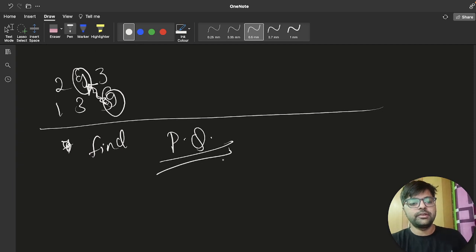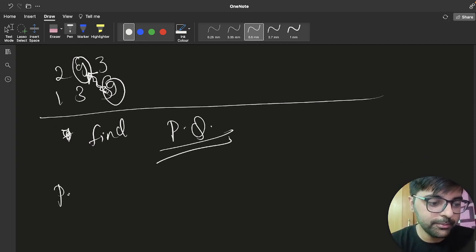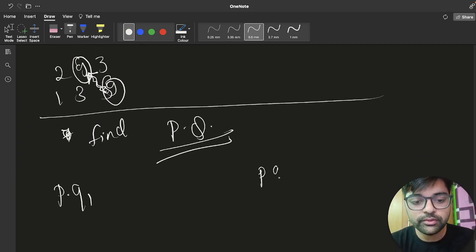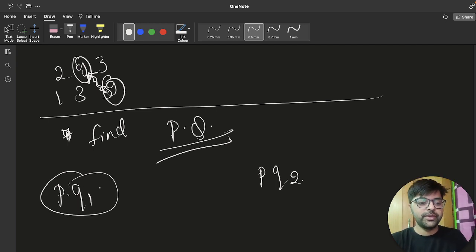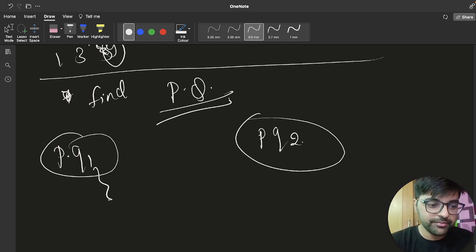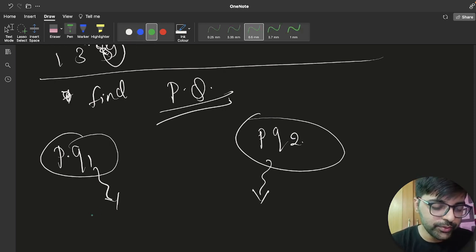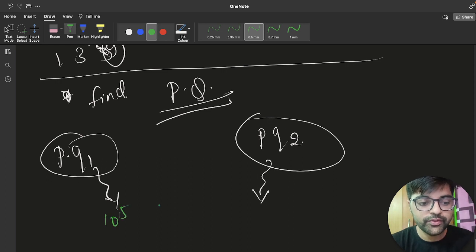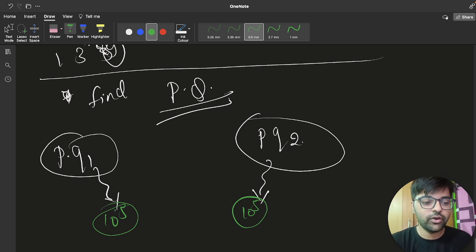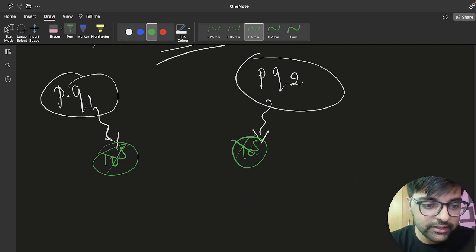So I am talking about my algorithm. I am taking priority queue 1 and priority queue 2, and from here I will get the biggest number, and from here the biggest number, and let's consider that these two will match. Let's say this is 10 to the power 5 and this is 10 to the power 5. Then there is no need to apply an operation on these, right? This is the biggest number and this is the biggest number from here, and this already matches. So there is no need to make it smaller and match it to a smaller number, right? In this way we'll cancel.